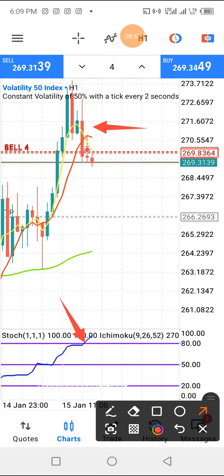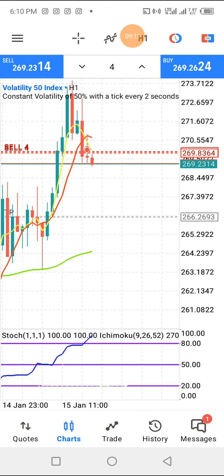So I don't need price to break that level 80, level 100 is in fact at the peak. It's at the peak. But price has already given an info, giving us this